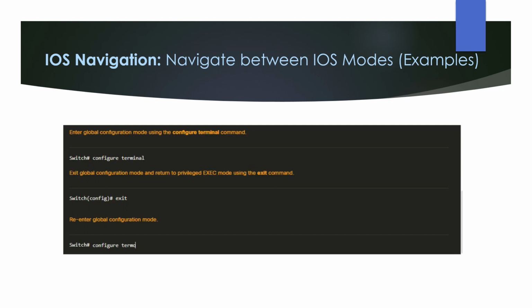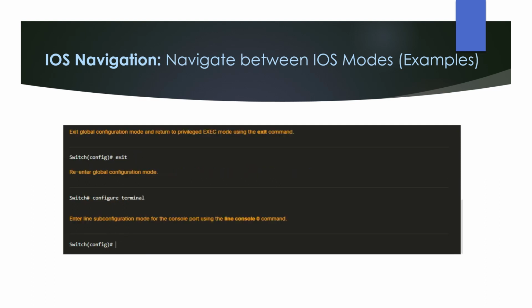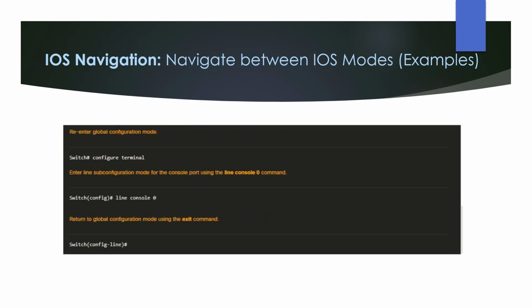And you will see that from the global configuration mode, what command to use when you need to go to subconfiguration mode for the line console, for the PuTTY,